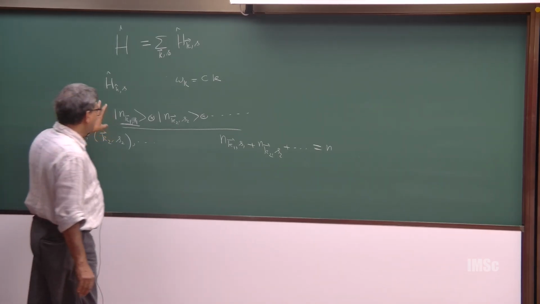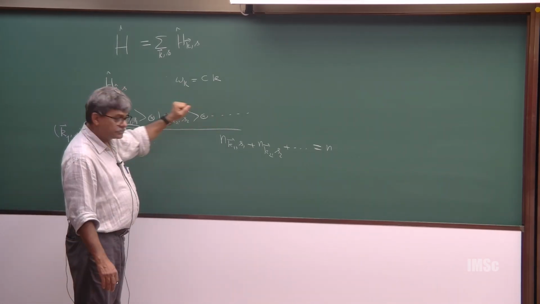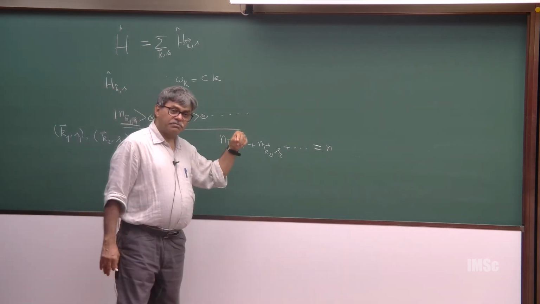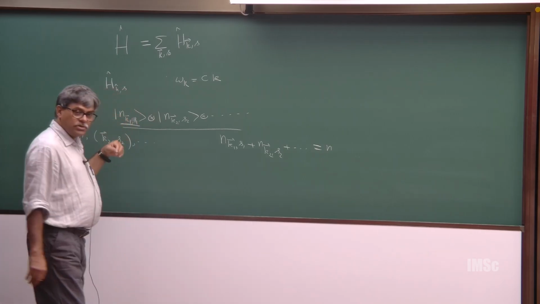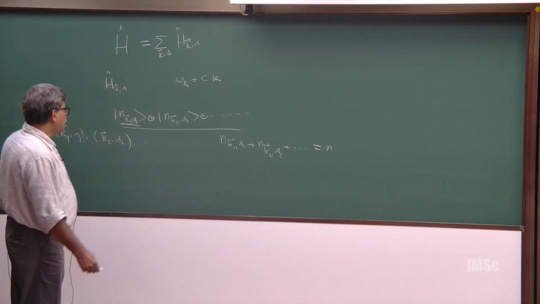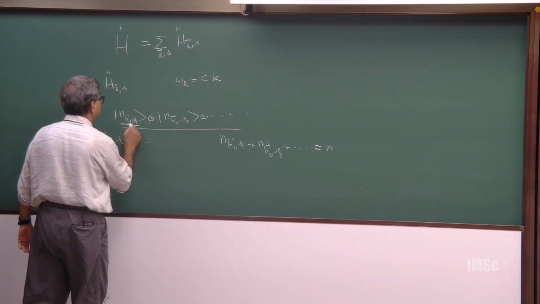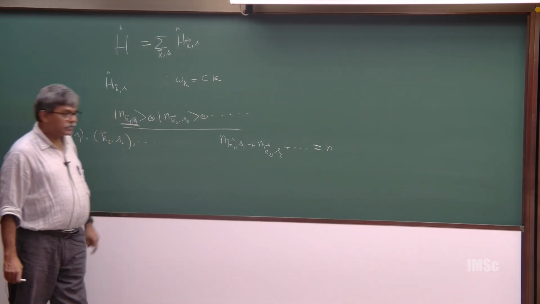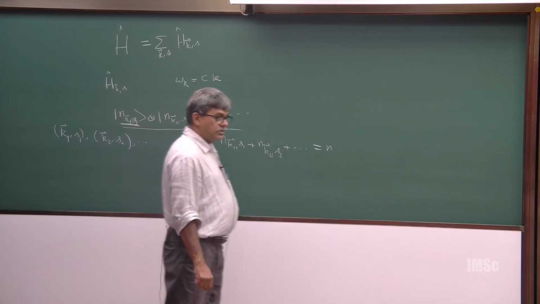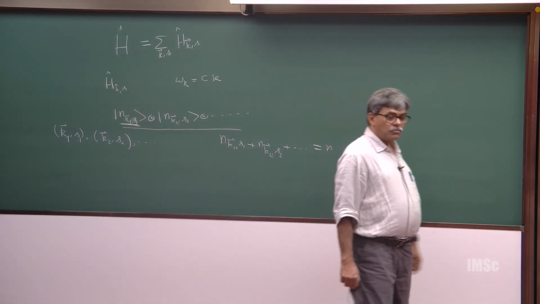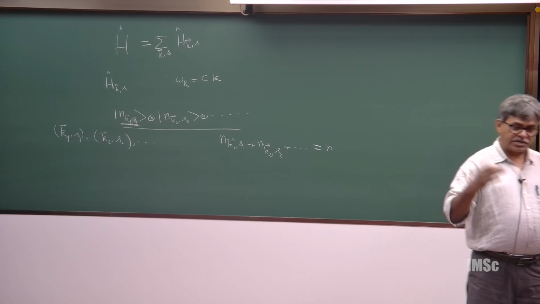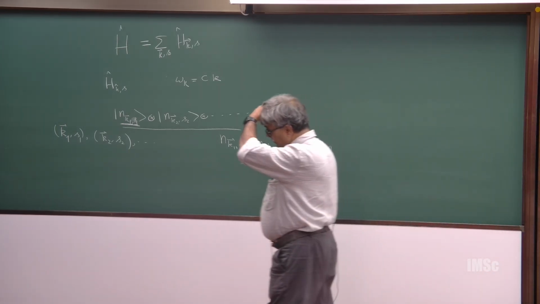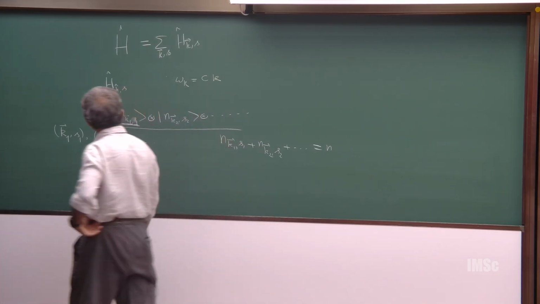So, here I am considering all the modes, but if I want to restrict myself to an individual mode, that also I can do. So, I will choose for example, this one. Okay. So, this corresponds to a single mode. K indicates the momentum of the photon, but s is the polarization, 2 degrees of freedom.